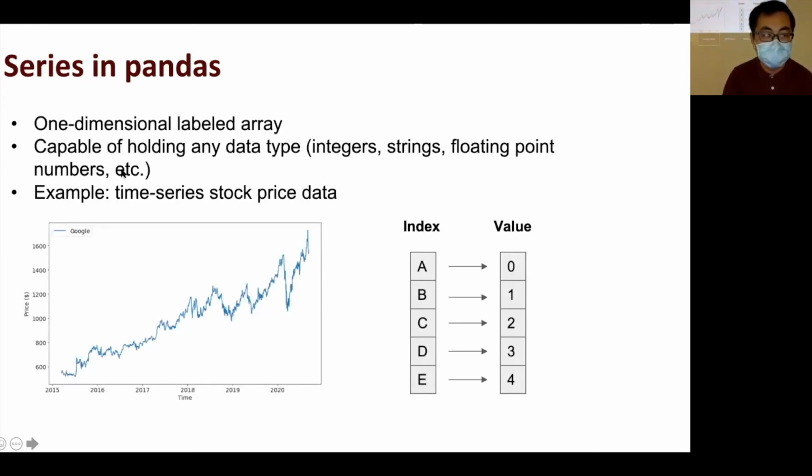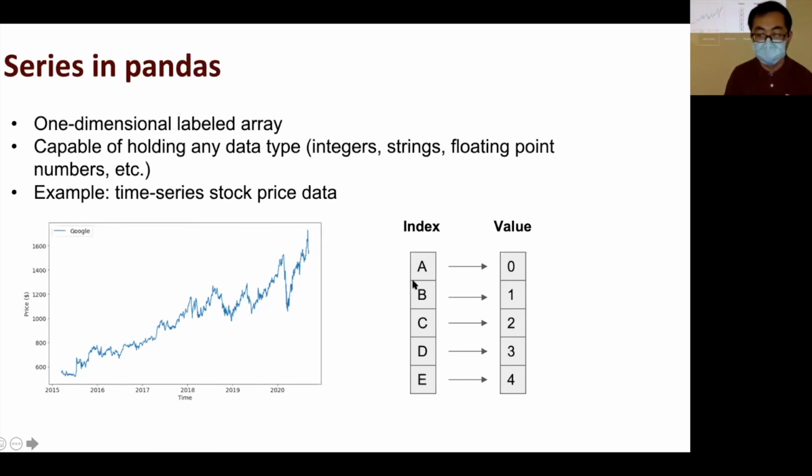A series is capable of holding any data type. It can be integers, strings, or floating point numbers. Here I give an example. For example, you have some stock price data, where we want the stock price data to be our values and the index to be the datetime type.